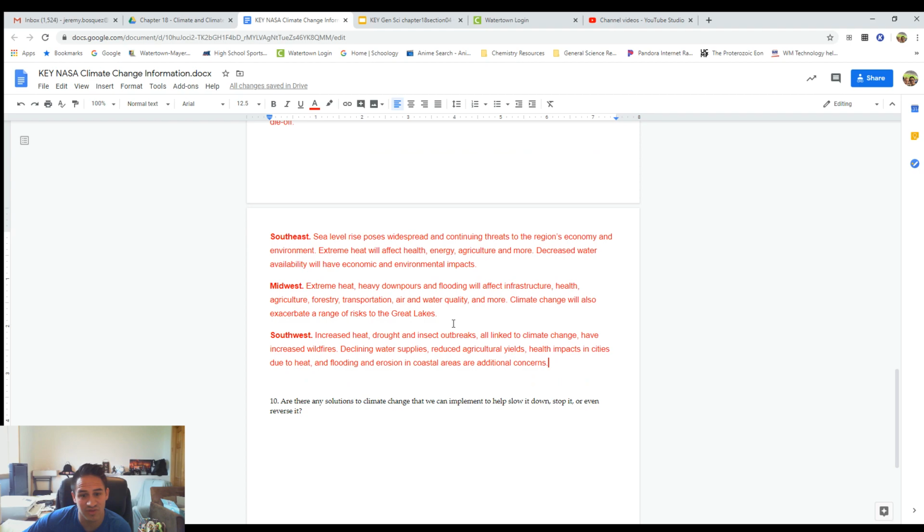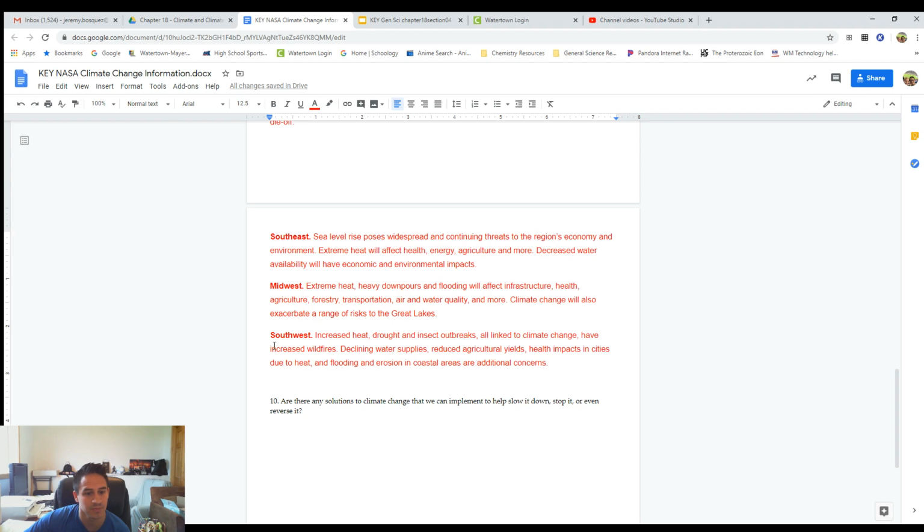Heavy downpours and flooding will affect infrastructure, which, we have a lot of rainfall in the summer now, as a lot of you also know. So health, agriculture, forestry, transportation, air and water quality, more is all going to get affected. Climate change will also exacerbate a range of risks to the Great Lakes, which, of course, we have Lake Superior